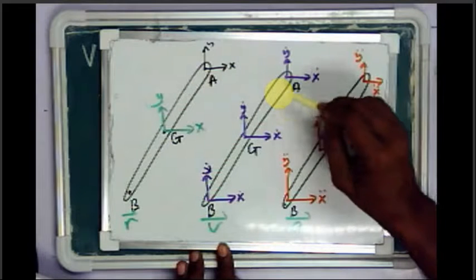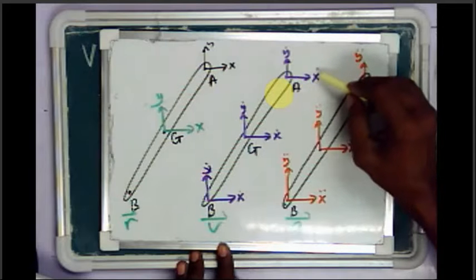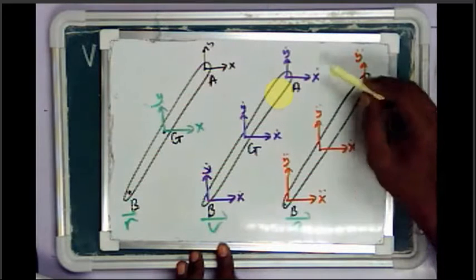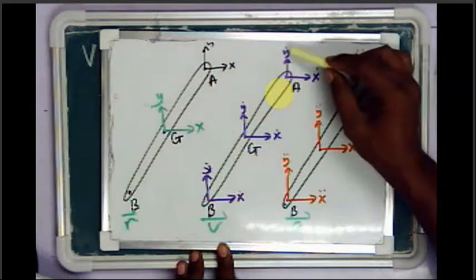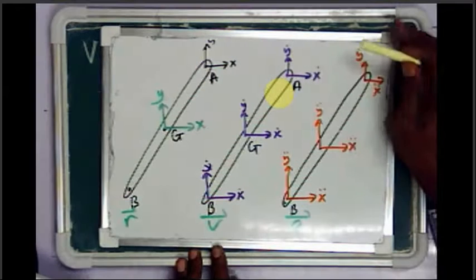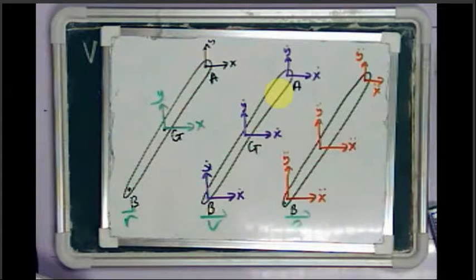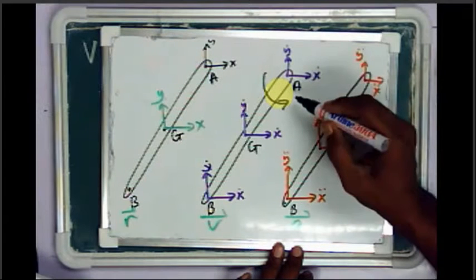Now at points of interest A, G, and B, these are the velocity components in the Cartesian coordinate system. At A, G, and B, for the x component we have x dot, which refers to the x component velocity, and y dot will be the y component velocity. So at other locations we're going to evaluate the angular speed, and the angular speed will be in that direction,